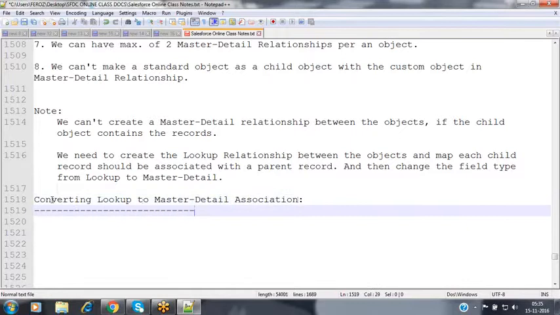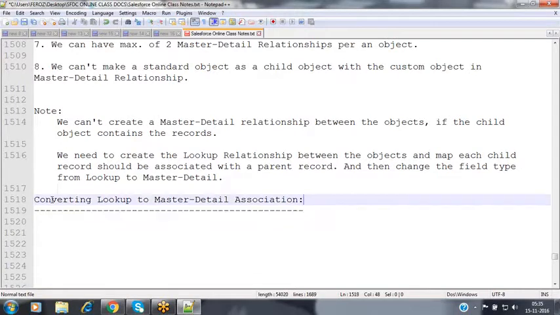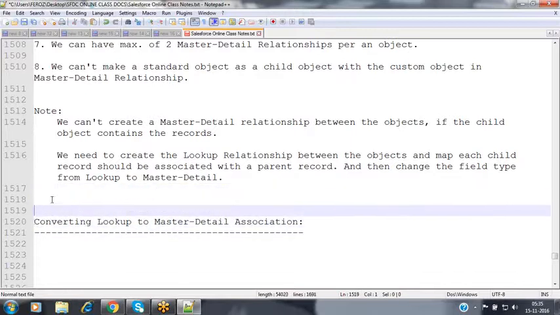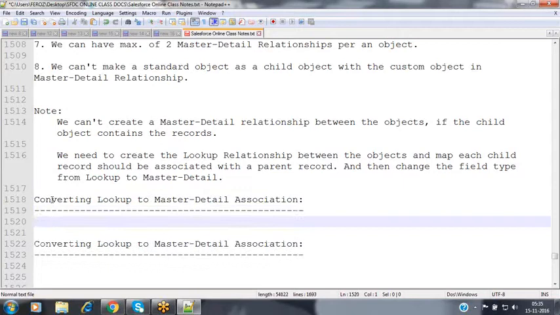So now we will see how we can convert lookup to master detail, and how we can convert master detail to lookup.